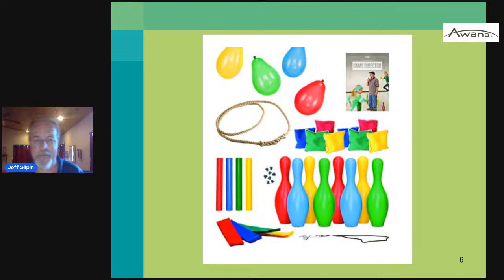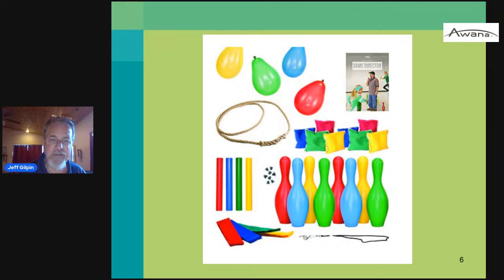Here is some game equipment you can buy, available in the catalog. There's a game kit, and it's got some balloons. This rope here is a tug of war rope, a 4-way tug. I've had people cut this thing in half to do a tug of war, but for those of you who don't know, it's made to be together. So you can play a 4-way tug, with four teams doing tug of war, and there are rules for that in the game book. The bean bags here, batons,